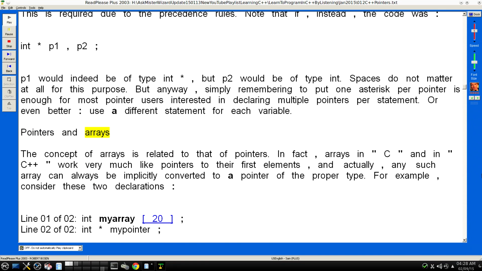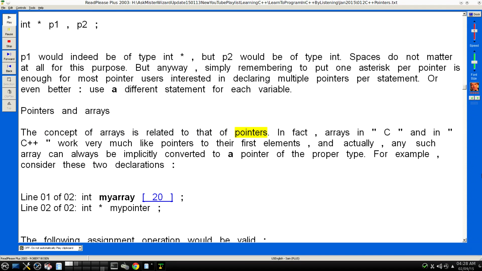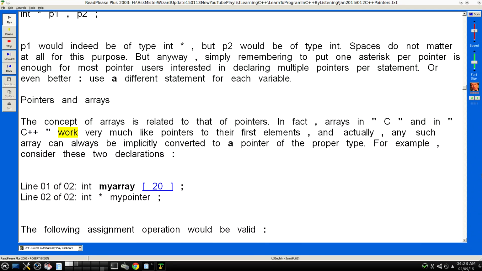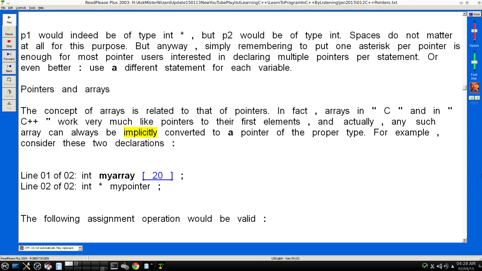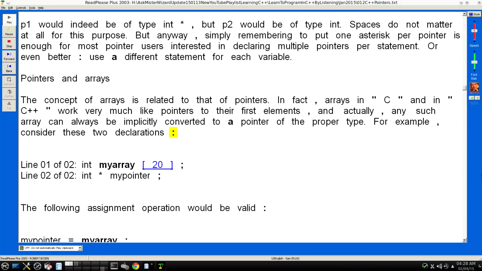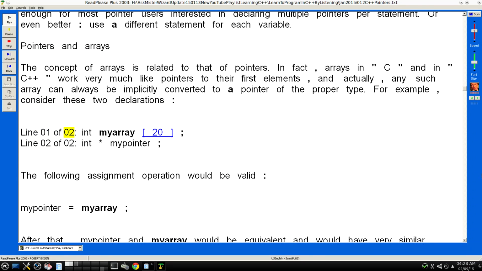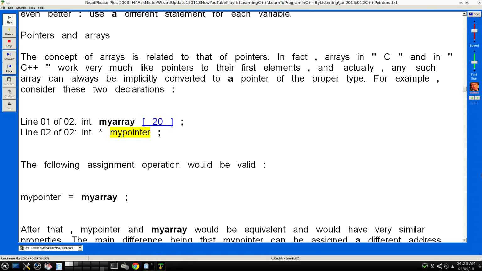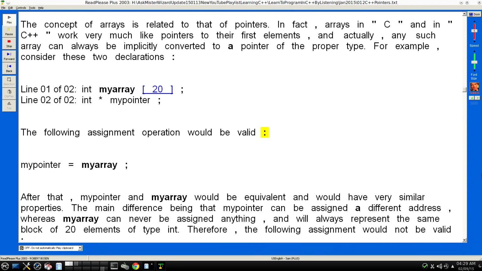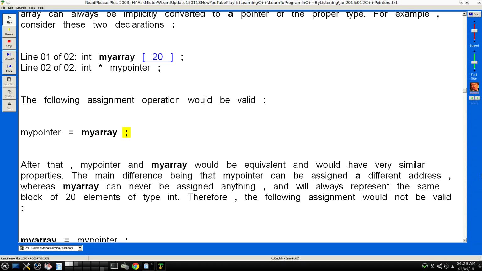Pointers and arrays. The concept of arrays is related to that of pointers. In fact, arrays in "C" and in "C++" work very much like pointers to their first elements, and actually, any such array can always be implicitly converted to a pointer of the proper type. For example, consider these two declarations: line 01 of 02: int myarray[20]; Line 02 of 02: int * mypointer; The following assignment operation would be valid: mypointer = myarray;